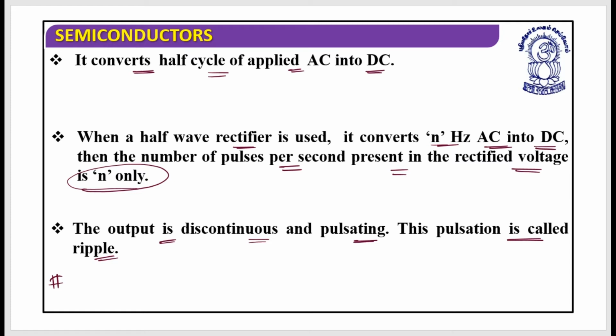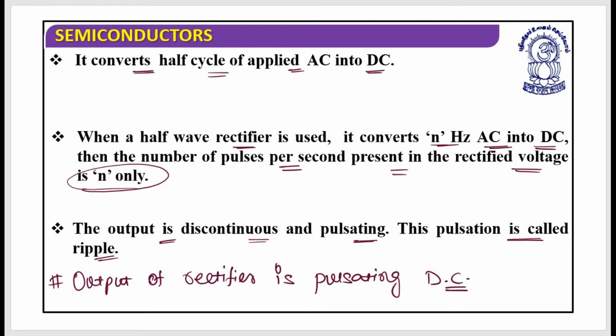So basically, if someone asks me what the output of a rectifier is, then the output of a rectifier, whichever rectifier it could be, is pulsating DC. It cannot be a pure DC. I hope this is clear. So the output of a rectifier is not DC, it is pulsating DC. And when I say it's pulsating DC, it means it is the combination of AC plus DC. Please keep this in mind, because when we started our discussion we used to say that this is the device which can convert AC to DC.